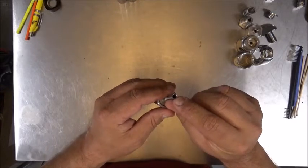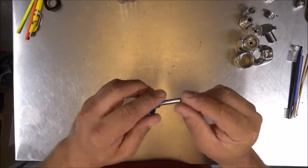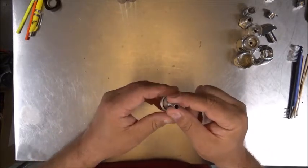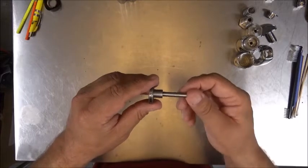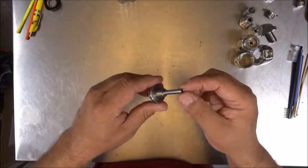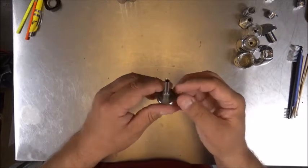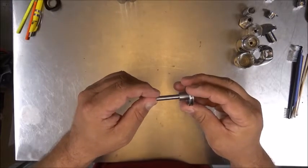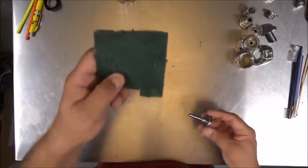Also, the end of the piston is what makes the hard seal into the high pressure seat. You want to be sure that's clean, shiny, but you don't want to remove any material. Now, there's a lot of information out there about how to refurbish this end if it's damaged or if it needs to be. Most of the time they're in pretty good shape, unless some yahoo's got a hold of it and dug it up. A simple thing you can do is just take a piece of green pad,